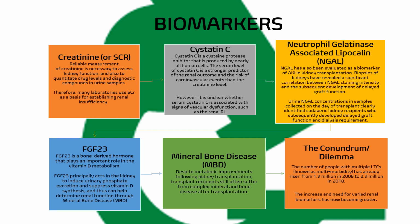Then there's cystatin C, which has been evidenced in detecting renal insufficiency without the necessity, if you like, of looking at other particular parameters which have historically been important in, for example, detecting renal insufficiency. There's also a biomarker referred to as neutrophil gelatinase associated lipocalin, or NGAL. And then more recently there's been the biomarker FGF23,